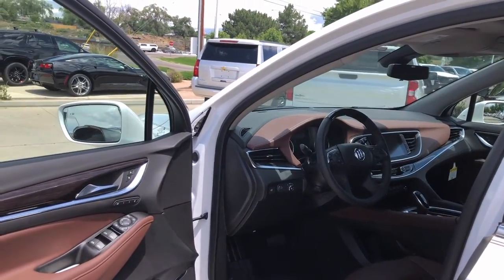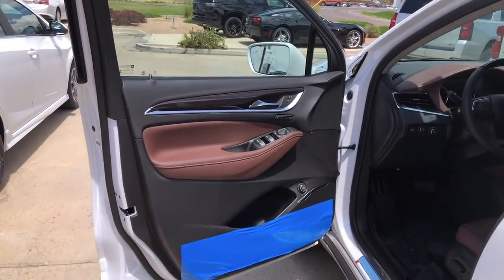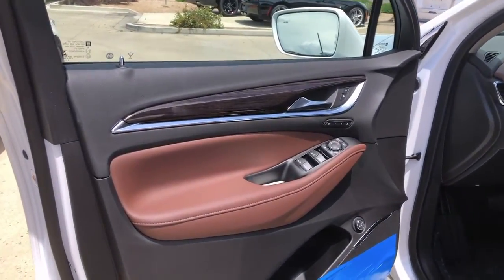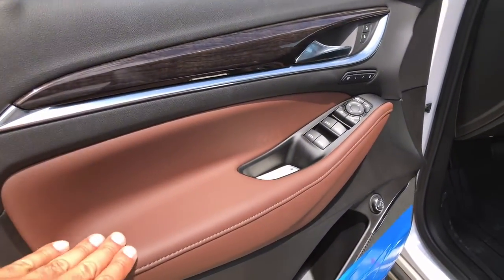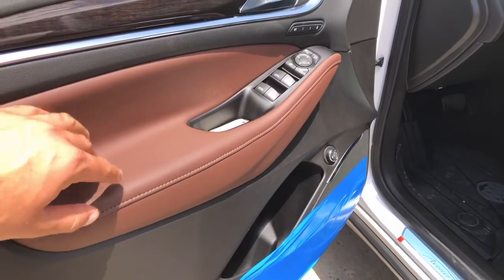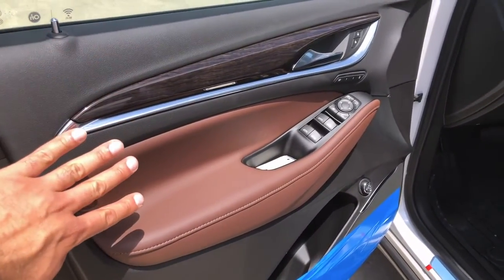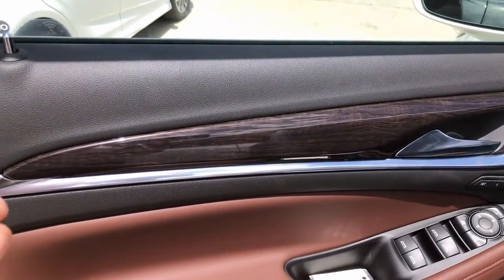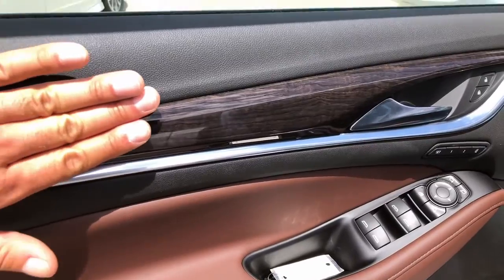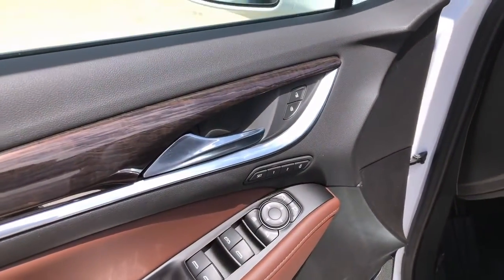Right over here, we're going to have what they call the chestnut and ebony combination. So this is going to offer that nice dark interior, with the darker brown but ever so light to give you that nice contrast between the two colors here. Now with the Avenir models, what they've added is, once again, going back to some of their old school roots of having that nice glossy wood panel finish onto the side to really give you that accent